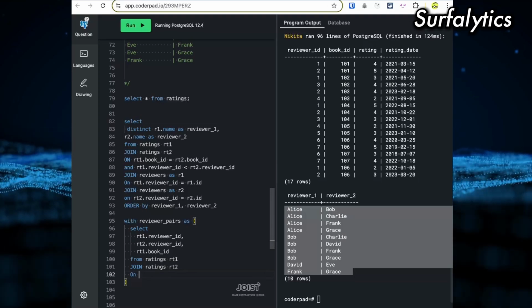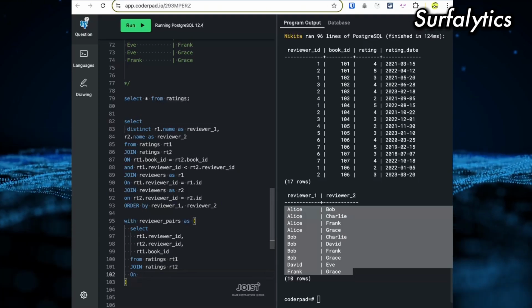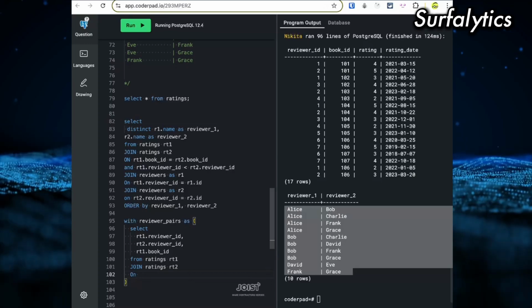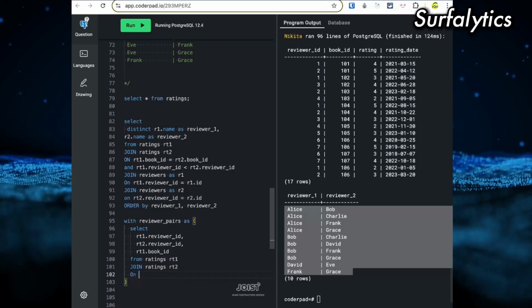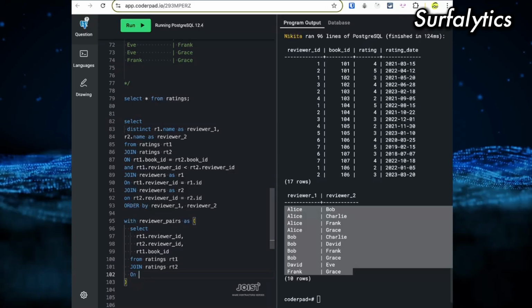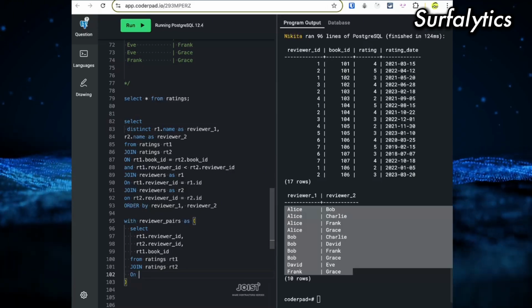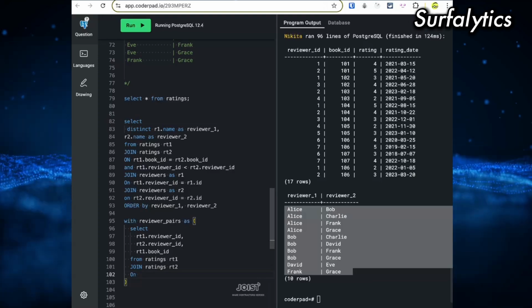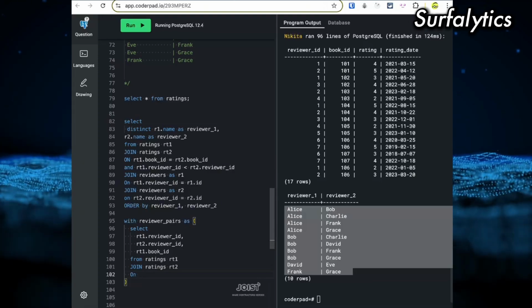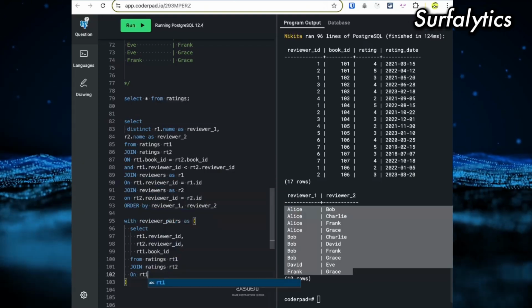No, not the same actually. If I do add by ratings 2, and I need to join by ID, book ID, and reviewer ID.